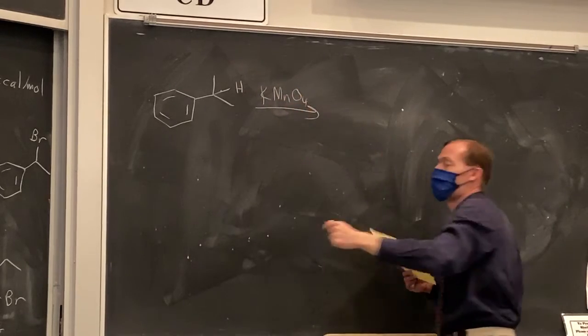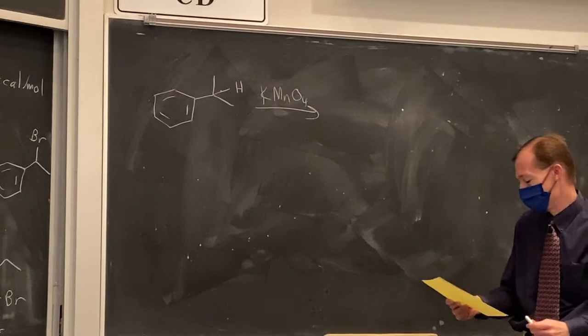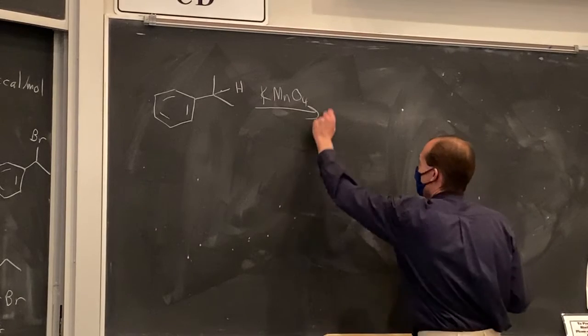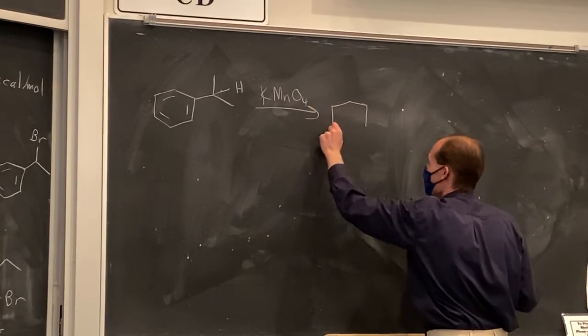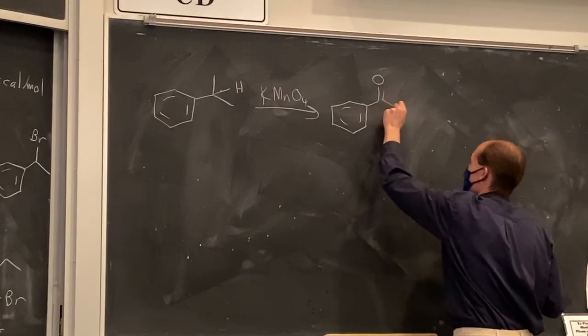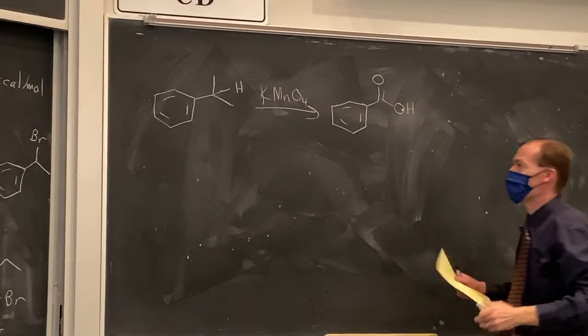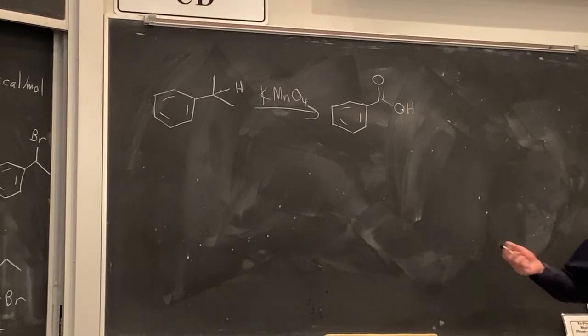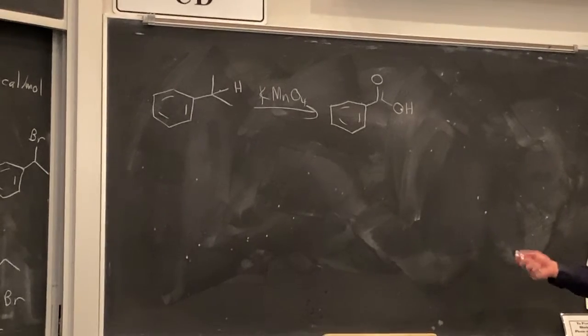We use potassium permanganate. It's a strong oxidant. It can oxidize a variety of different types of compounds. When it reacts with an alkyl benzene, we generate a benzoic acid. Okay, this is benzoic acid itself. If we had other substituents, it would be a